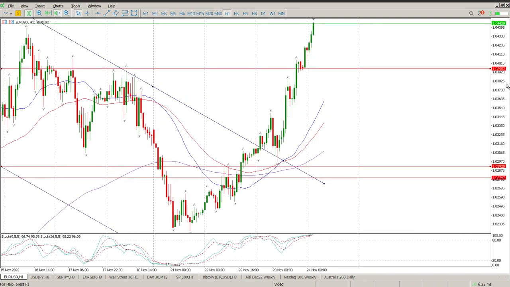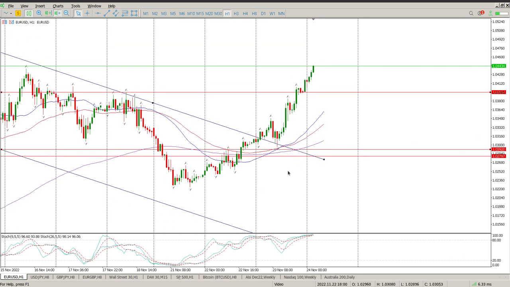I think it's pretty clear at the moment. Oscillators are gripped to the upside. Don't really want to be buying up here. I'm looking for pullbacks on structure, and this is the one that offers the most. 1.03957,